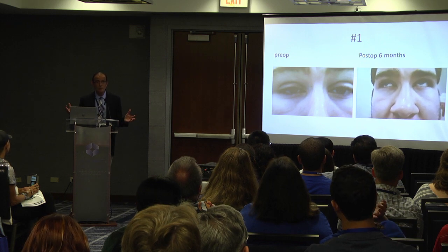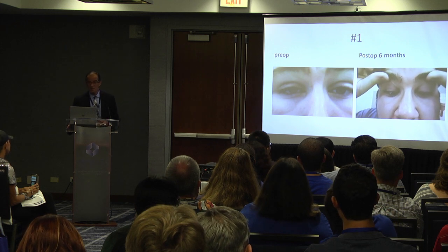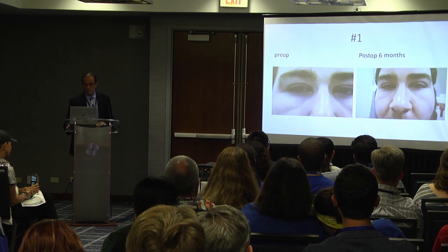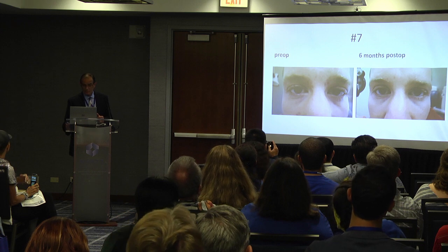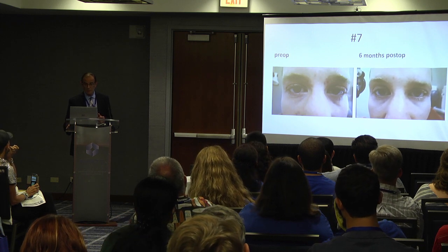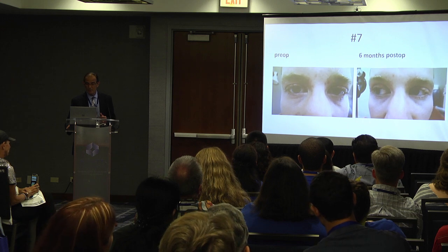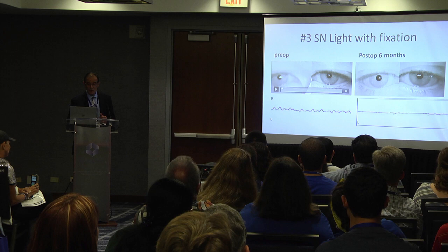How can that be? Well, that's something we need to understand even better with some higher resolution MRI studies to actually see where that muscle is attaching. Here's just another example of a quiet result, pre-op on the left and post-op on the right with good rotation. I'm running a little bit out of time,